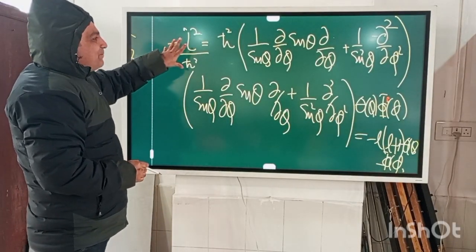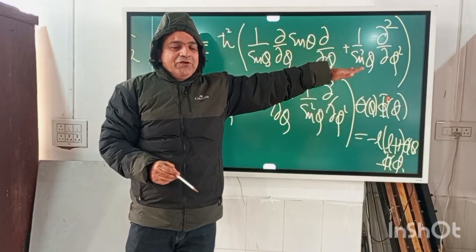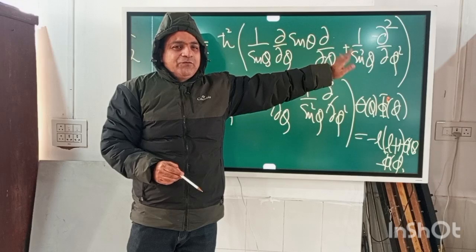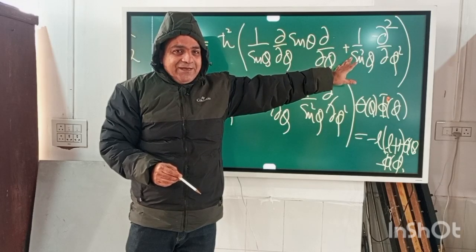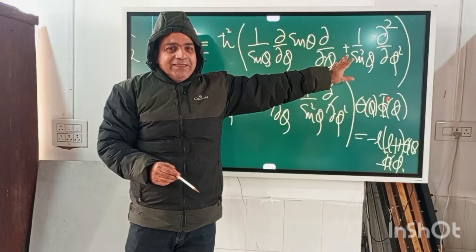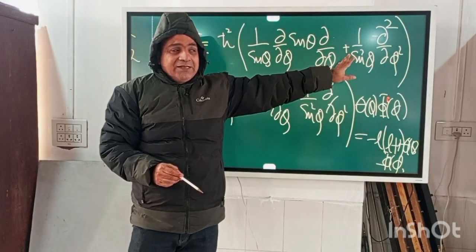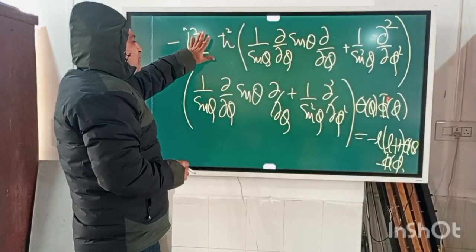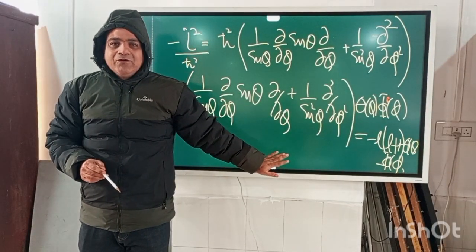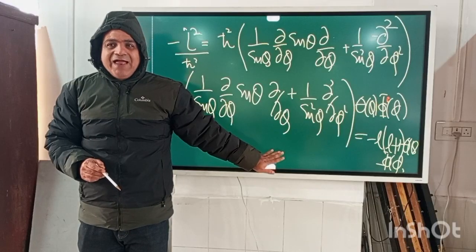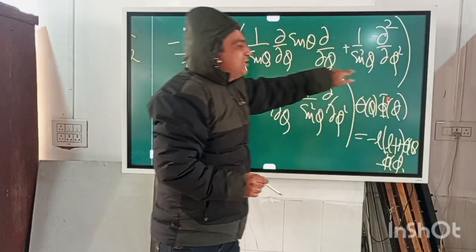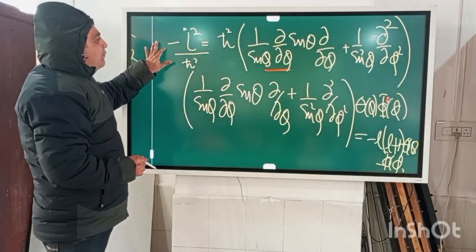I can use the result of the calculation of angular momentum, L cap square, which we have calculated, not completely, but that will be part of the tutorial if you are interested. If you are not interested, you can leave it. You can directly come to the result. So I can use this part in the eigenvalue equation. This is the angular eigenvalue equation that I can obtain by substituting this angular part equal to minus L